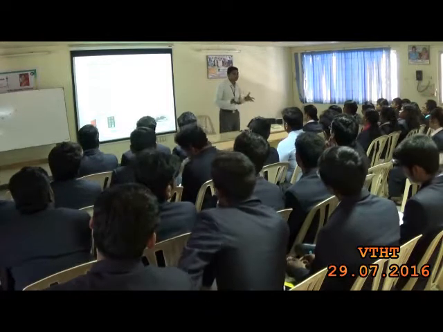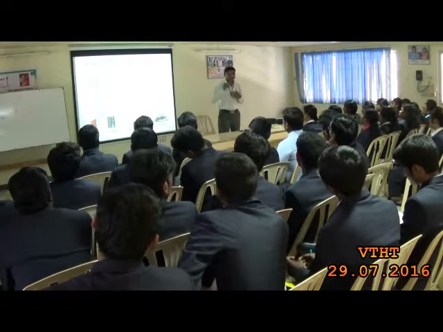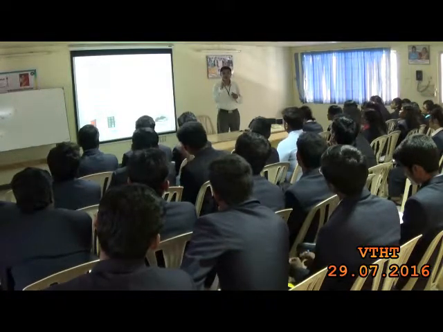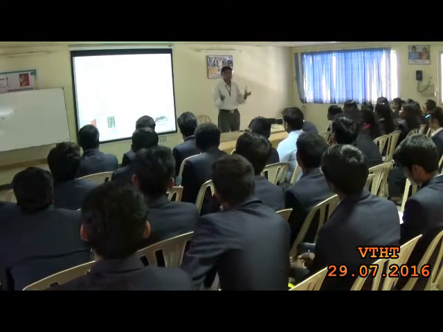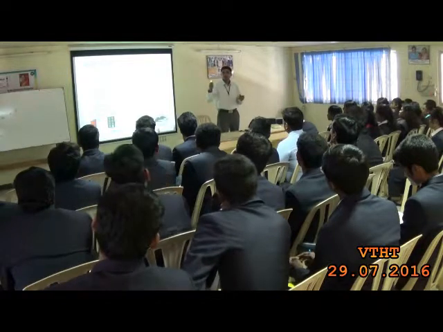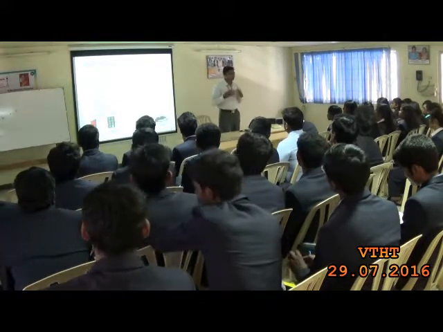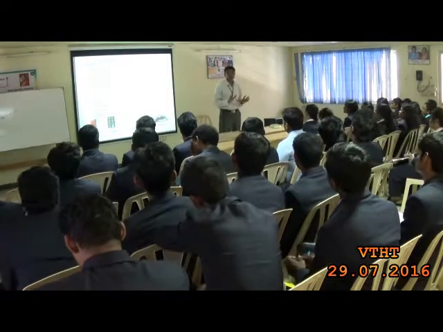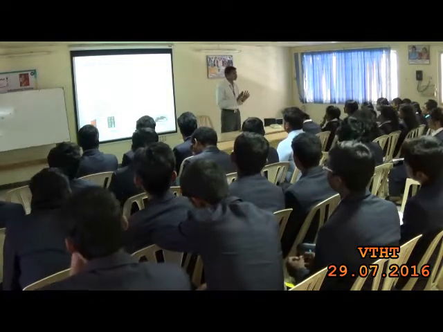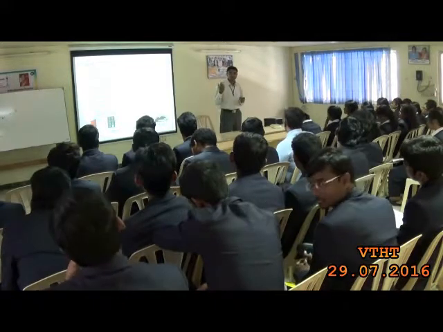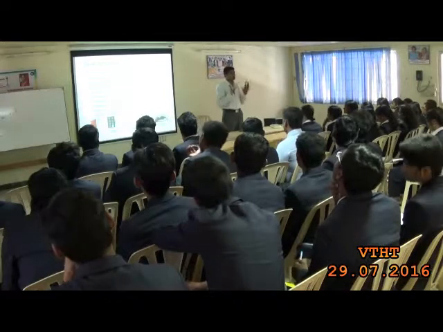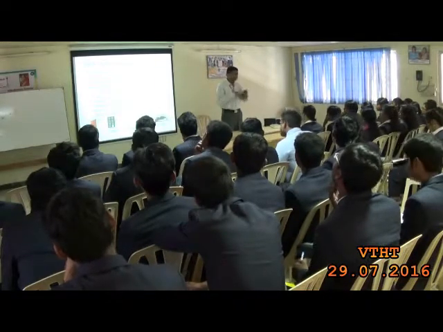Out of 10, 3 do not reach the receiver. 7 are there. You count how many have this color: 1, 2, 3, 4, 5, 6, 7. These 7 represent 1. If the value is less than 5, it represents 0. Based on this interpretation, the receiver can decide. Still, it is not 100%. Wireless transmission is never 100%, but I can still recover. In the end, I have to decide that I am receiving 1, not 0.